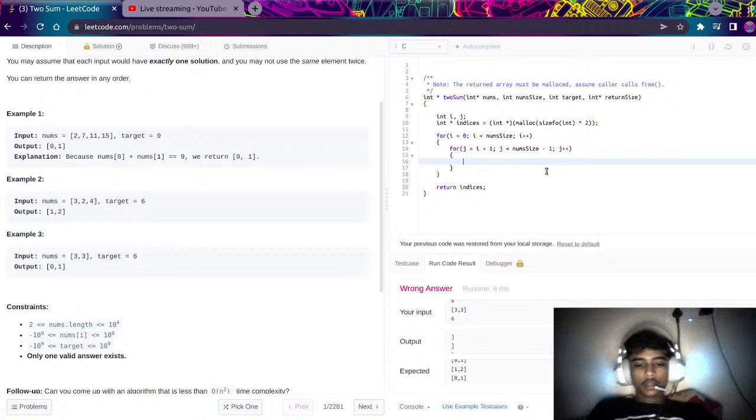So here the if condition should come. If nums of i plus nums of j, if the sum is equal to the target,